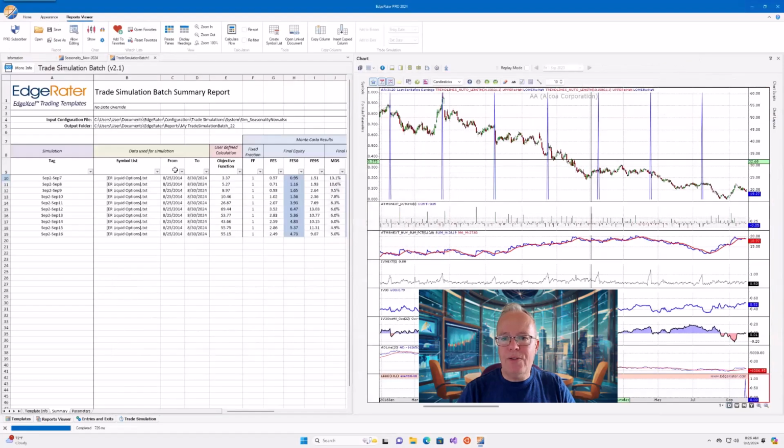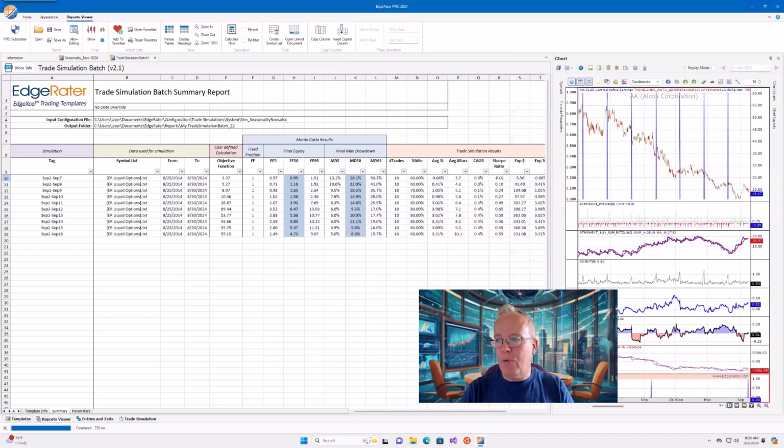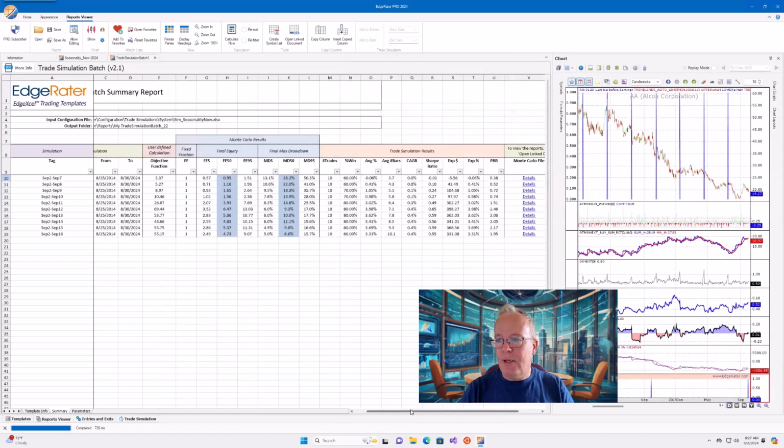And what will happen is this template is configured to run several simulations based on number of days held. So we've got September 2nd to 7th, September 2nd to 8th, 9th, 10th, all the way through to 16th. Okay, let's run that for all of those 10 years. And it's come up with basically our report. You can see the number of trades here is 10 for each of these, because there's 10 years of data. So in each year, it's making one trade.